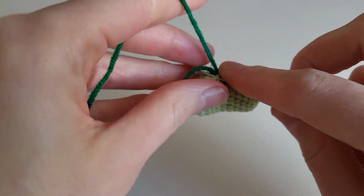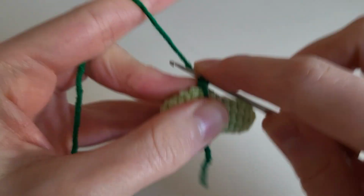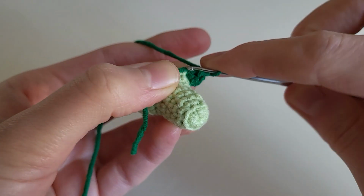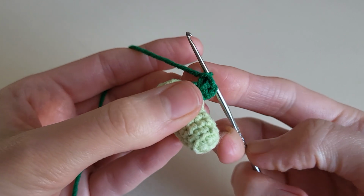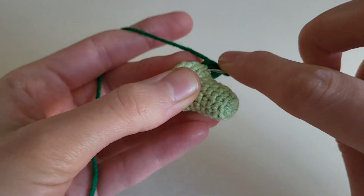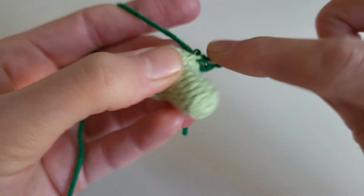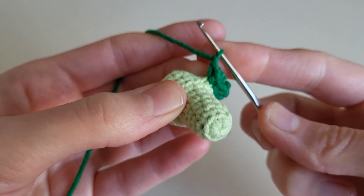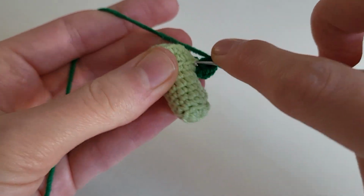And now we make a single crochet, a chain, and again in the same loop a single crochet, a chain, and again in the same loop a single crochet, a chain. So we make a single crochet and a chain for 3 times. In the next loop a single crochet, a chain in the same loop, a single crochet, a chain, and again a single crochet, a chain. The next loop,